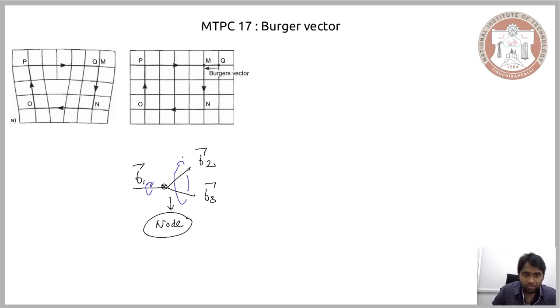Now, it is important to note that in the region away from the dislocation line, what you have is an undistorted or least distorted material. Therefore, the distortion that is brought about by B1 is equal to the distortion as a whole included by B2 and B3, when you construct a Burgers circuit that includes B2 and B3.